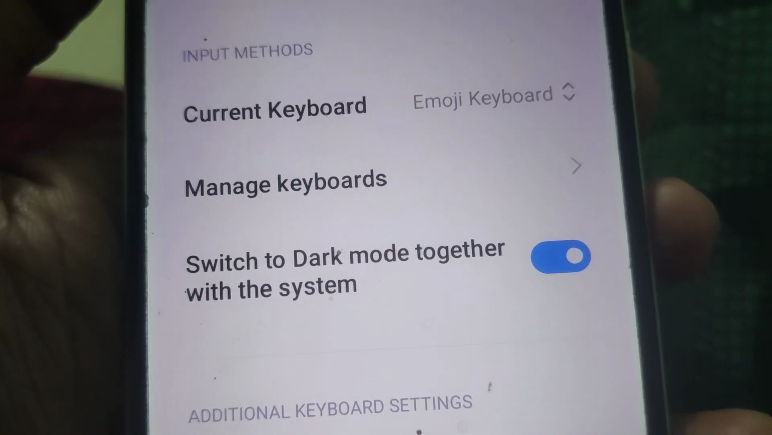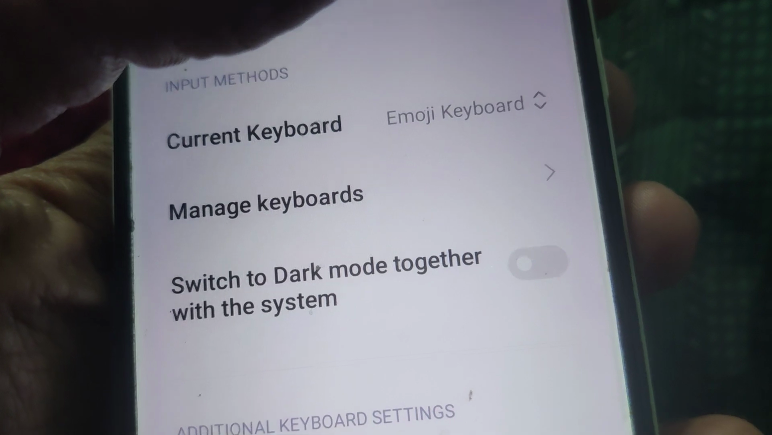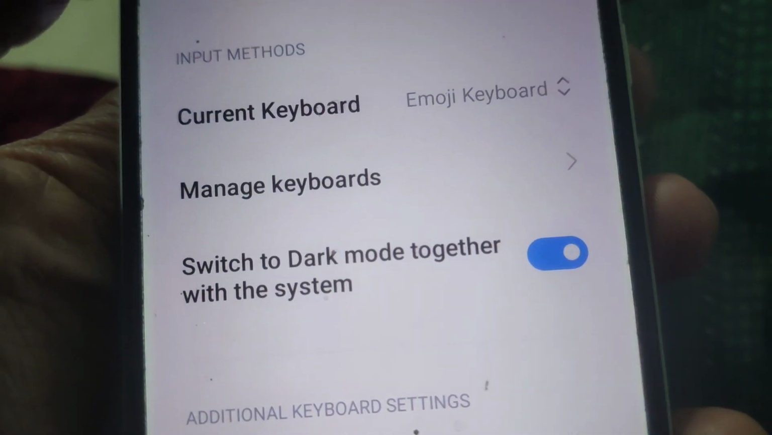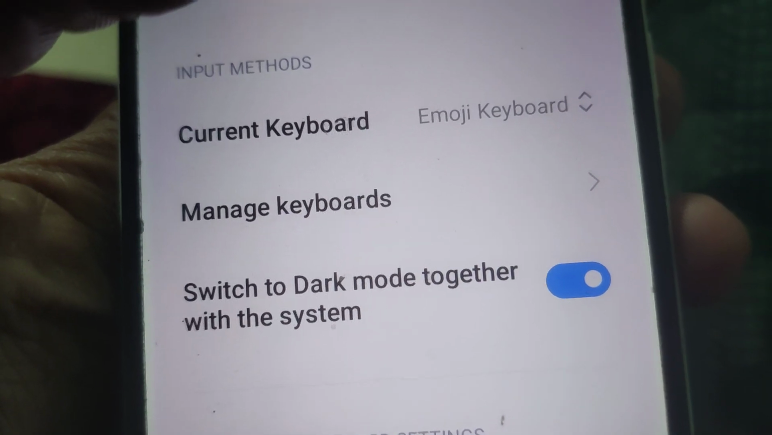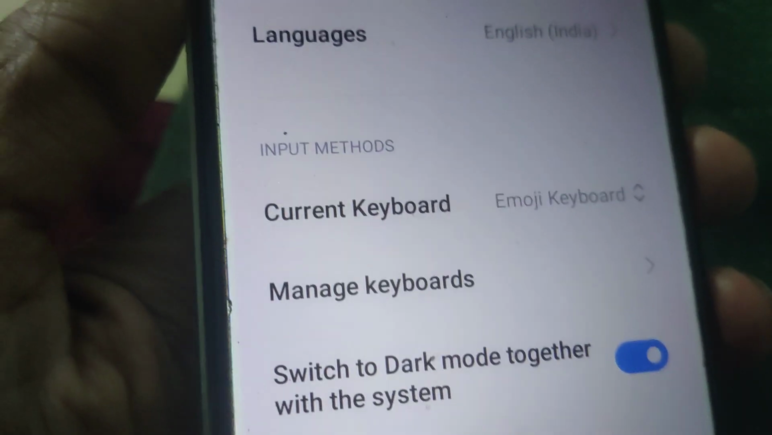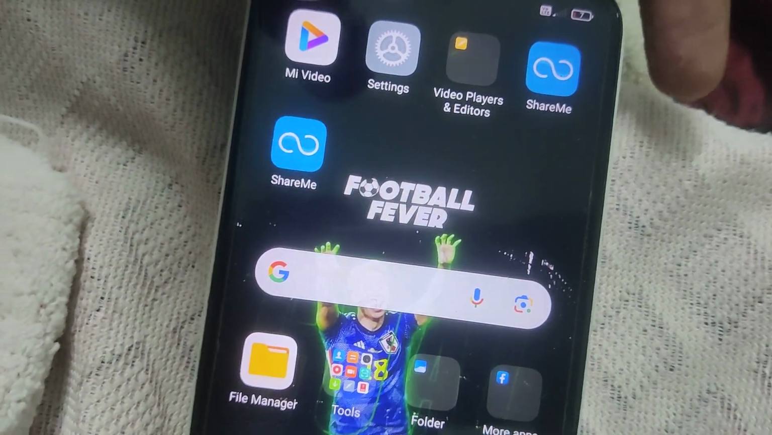So you can see here, switch it to dark mode together with system. If you turn it off, you can do like this, or if you want, you can turn this on, that is, switch to dark mode together with the system. The device in my hand is Redmi 8, and for taking this you must first go to the